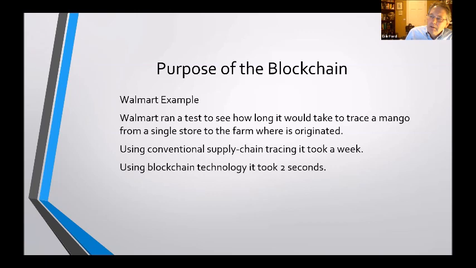So you think about food safety, think of some of the romaine lettuce issues that we've had, or other issues with bacteria on produce. There's the ability to trace that back to the individual farm, rather than saying, oh, you can't take any romaine lettuce from California. No, you just can't take any romaine lettuce from that farm in California. It makes a huge difference. And the time that you're able to do that can be very helpful, in that you can then know that it's safe to use the other 99% of the product from a given area, because now you know exactly where the tainted product comes from.